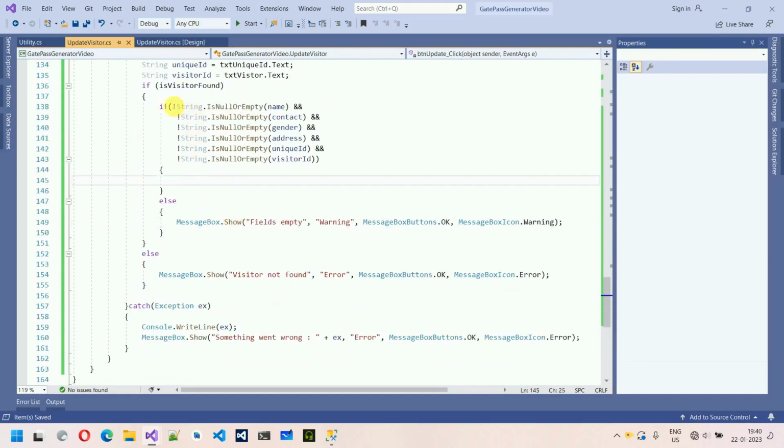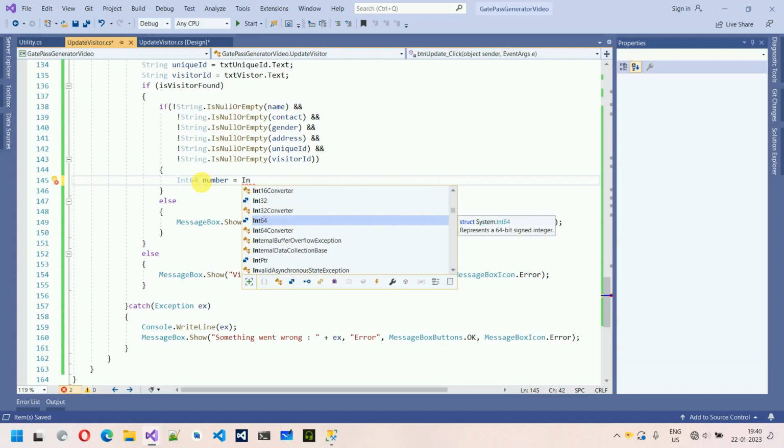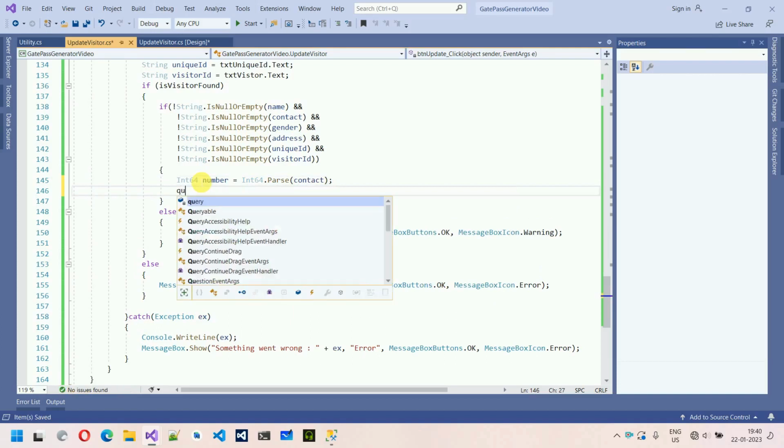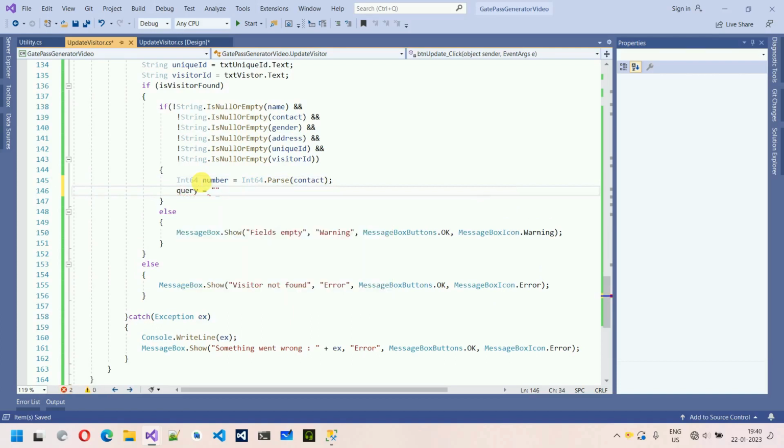Next thing, suppose every field satisfies this condition, then the first thing I'm going to do is convert the string contact number to the integer type. So Int64 number is equal to Int64.Parse. Inside this one, I'm going to pass the contact. After this, I'm going to write the query to update it. So query: update visitor